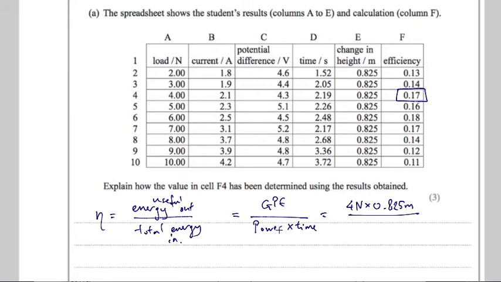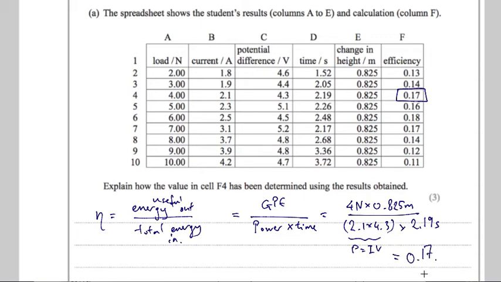That's going to be divided by the power, which is current times potential difference, so 2.1 times 4.3, multiplied by the time taken, which is 2.19 seconds. And if you put all of those through a calculator, you will indeed find an efficiency of about